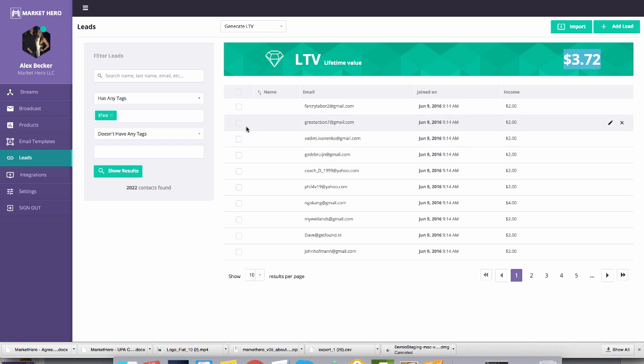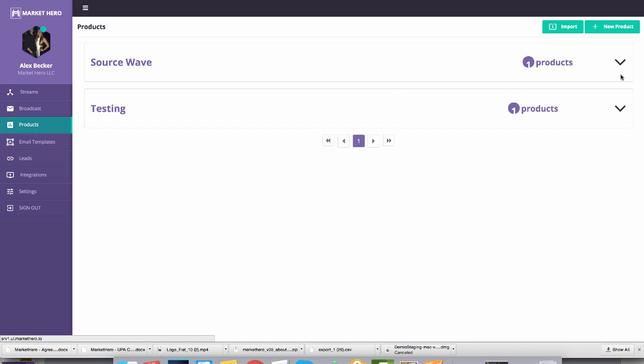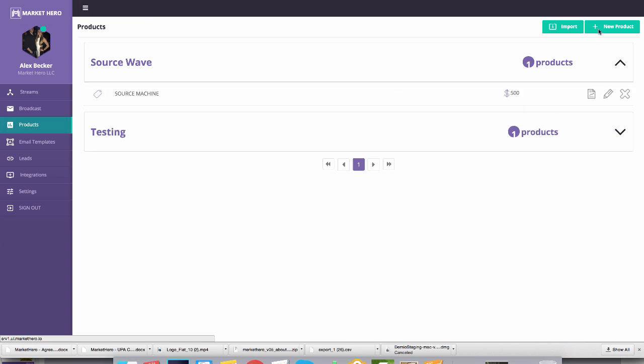From here on and henceforth, anybody who buys Source Machine, that will be added to their account and calculated, and so we can see exactly how much each lead is worth to us. We can average all of our emails together and get those numbers and our growth metric values. So let's continue to go and add the rest of the products. I want to show you how to add this